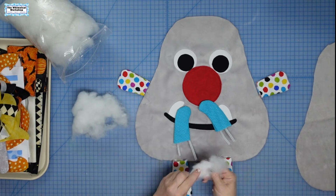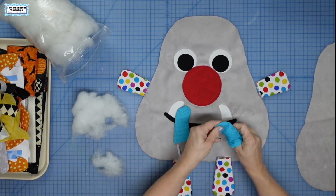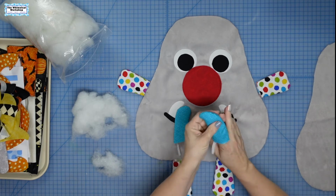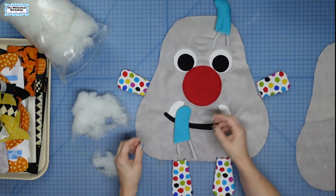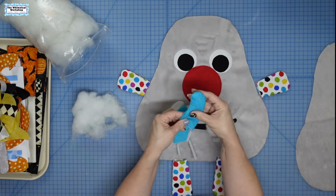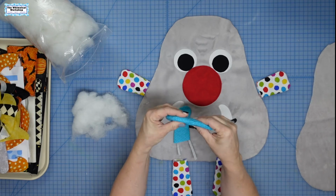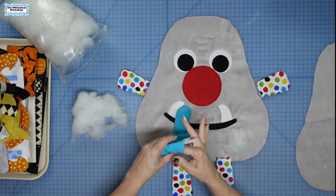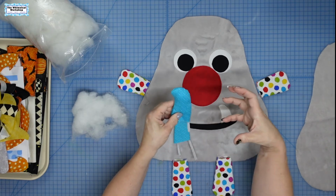Then we're just taking some polyfill, and we're spreading the pipe cleaner apart and pushing this in between the two halves. That will help keep that pipe cleaner in place in your horn, and that will help the horn stand up on our little guy. And you'll notice I didn't stuff the bottom half, and I'm not overstuffing these. I'm keeping them to probably say 3/4 of filling. Not a lot of filling, because again, we want this to be soft and squishy and not super fat and hard,